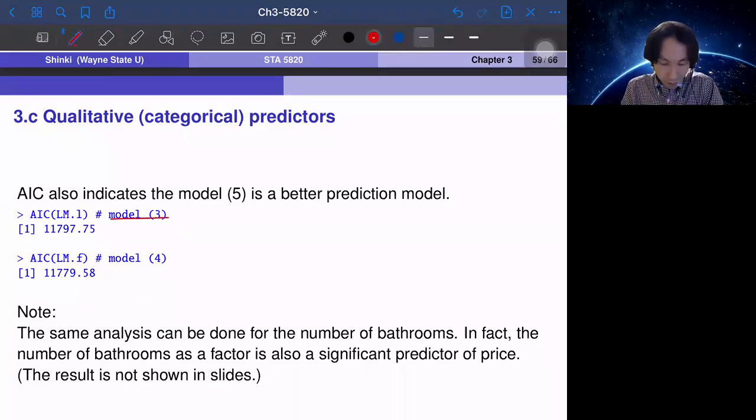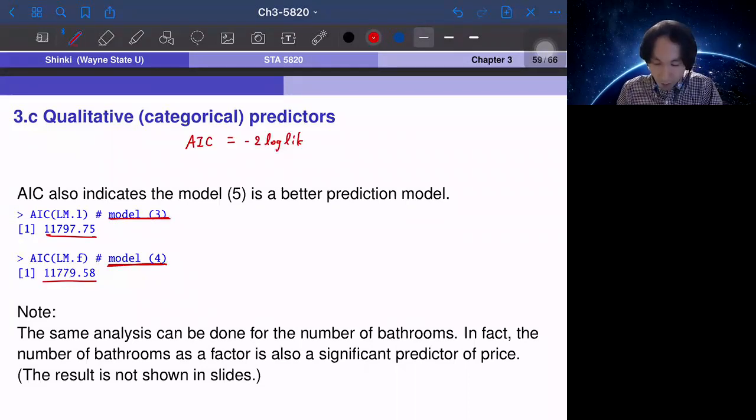And we compare two models, the model with only the number of bedrooms as a linear term and the number of bedrooms as a factor variable, nonlinear term. And we have the AIC of 11,797 and 11,779. And remember that AIC is negative 2 times log likelihood of the model